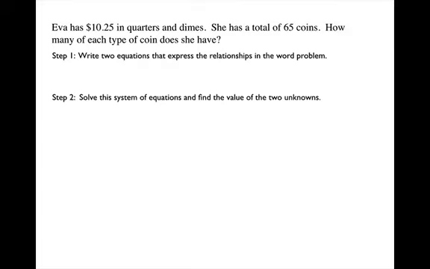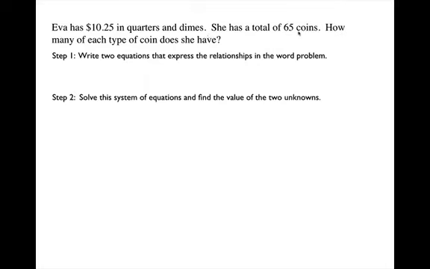The two unknowns in this problem are the number of quarters and the number of dimes, so I'm going to use the variables q and d to represent those two quantities. My first step would be to write two equations that express the relationships in the word problem. There are two basic ideas here: the total amount of money Ava has, $10.25,